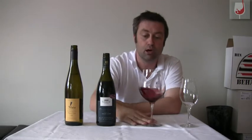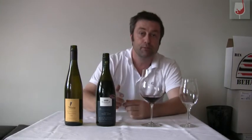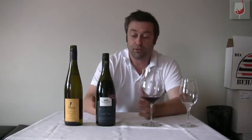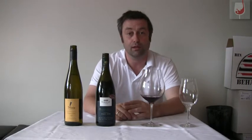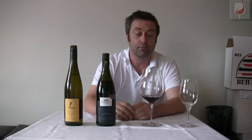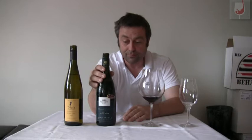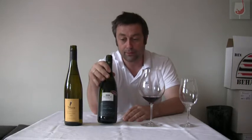Pinot from Marlborough, where, although it's got the most Pinot grapes planted and vines planted, it's not renowned for its Pinot, apart from other producers like Fromm and Dog Point do a good one, and Cloudy Bay now do a good one. There are very few and far between that can make a decent Pinot coming out of there. And it's actually a very good example. So I'm going to score that 88 points,